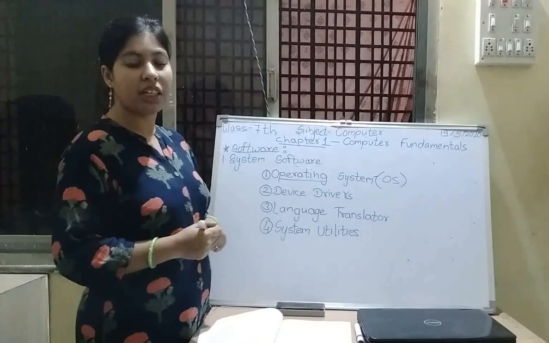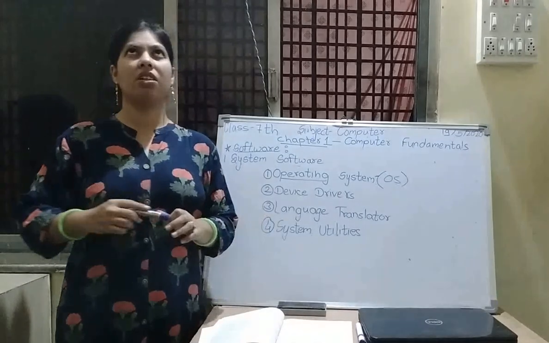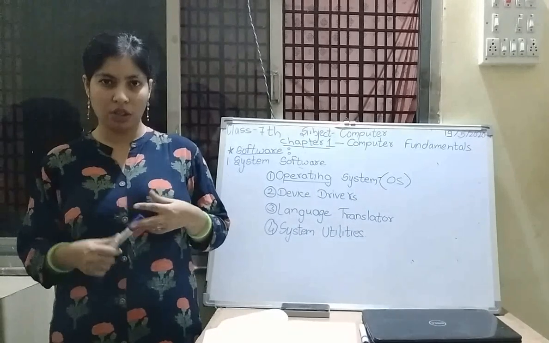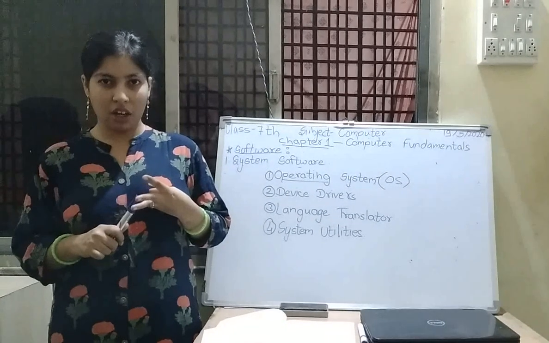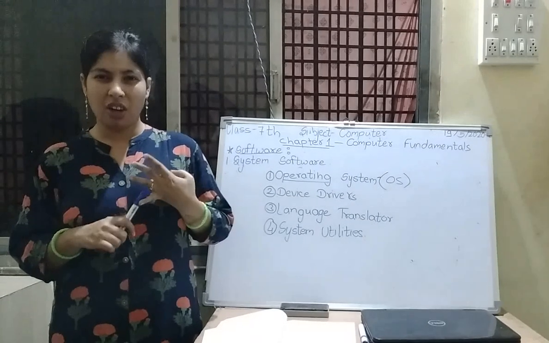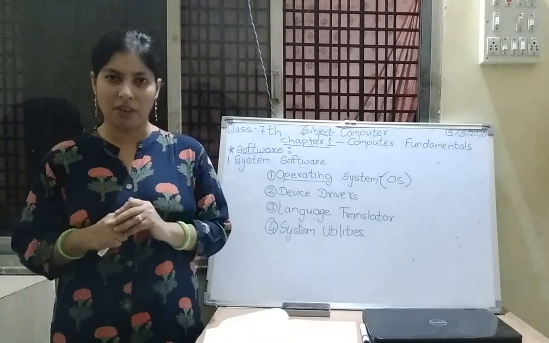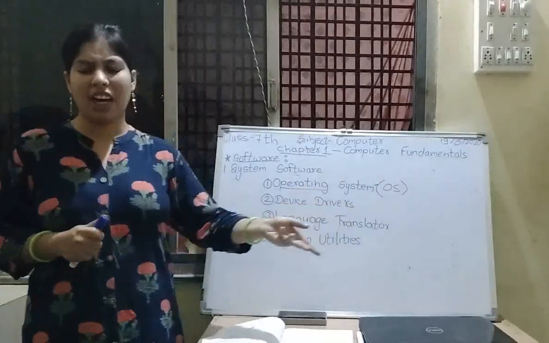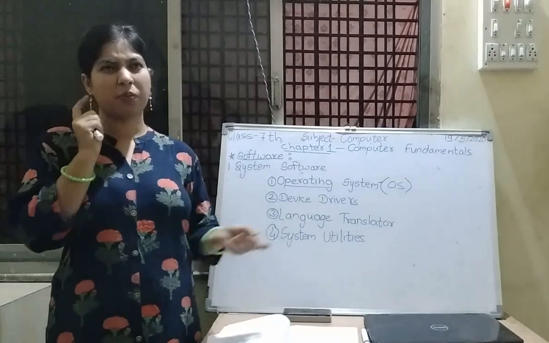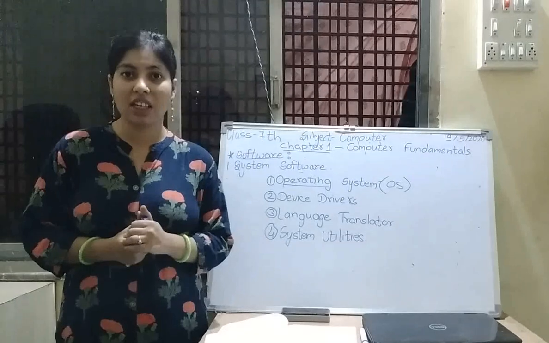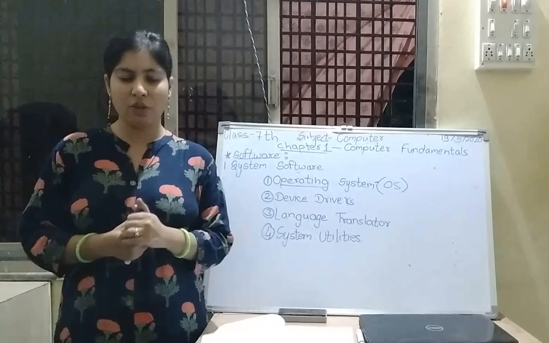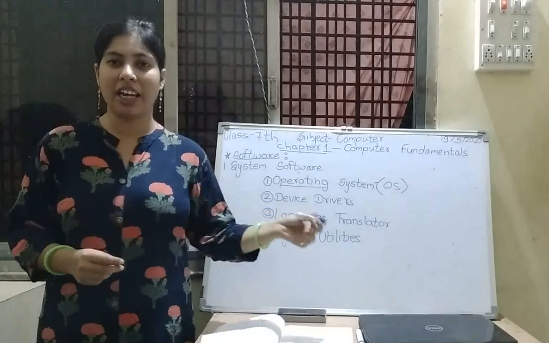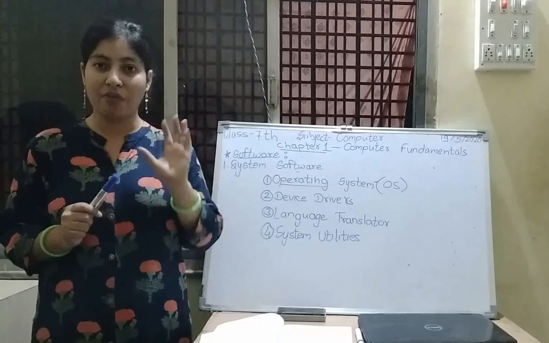Now the next one is the device drivers. Device drivers, as I told you, we learned devices like keyboard, mouse, plotter, printer. What are these? These are the output devices. Pen drive, okay. When you connect a pen drive or any device externally to your computer, what happens? First it tells you that your device is getting installed. So for that we have to wait at least 5 seconds.